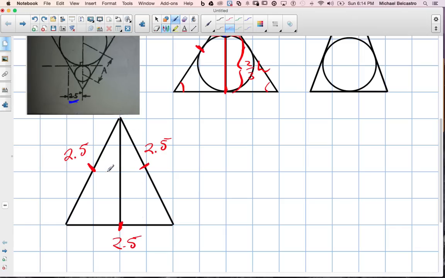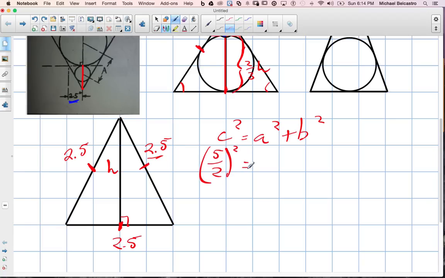What that means is we can find the actual height here, the height of this part of the triangle. So we're going to turn this into a right angle triangle and use Pythagorean's theorem. Pythagorean's theorem is that c squared equals a squared plus b squared. Our c squared, the hypotenuse, is 2.5. And I'm going to write it as a fraction. I prefer to write in fractions just so we have a very exact answer in the end. If you want to use decimals, you can. So our c is 5/2. If we convert 2.5 to a fraction, it'd be